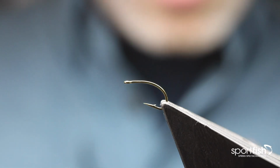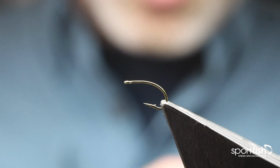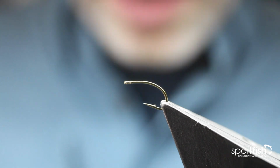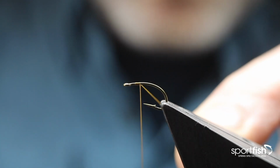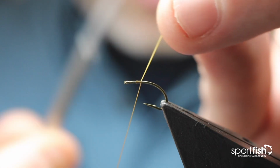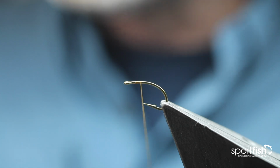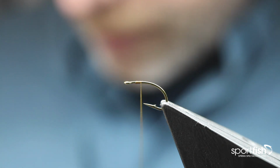So in the vise we've got a Partridge K14A Caddis emerger hook, and we're going to come in with some UTC 70 in olive. So we're going to put 3 or 4 wraps just to lock that in and trim off the butt ends. And then the first material we're going to come in with is some Veniard's